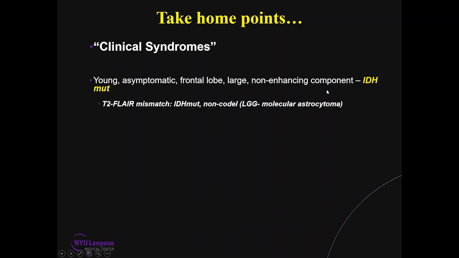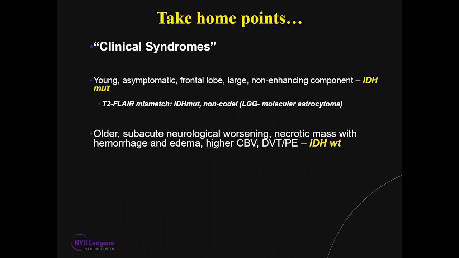They might have cysts, and as I've shown you, we discovered this T2-FLAIR mismatch sign, which has now been validated with multiple other studies. Once we see that, we know that this is going to be an IDH mutated, non-co-deleted tumor, or a molecular astrocytoma, not seen in all the molecular astrocytomas, but in a smaller subgroup. Whereas IDH wild type tumors are the gliomas seen in older individuals presenting with subacute neurological deficit, usually a large necrotic mass with hemorrhage, edema, and high blood volume, and